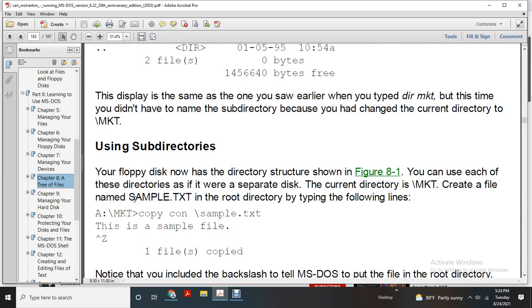Using subdirectories, the following floppy disk now has the directory structure shown in Figure 8.1. You can work with the directory separately from the current directory, the marketing directory. Create a file with the same name for the root directory, and type the following names. A drive marketing copy con backslash sample text, and this creates the sample file with